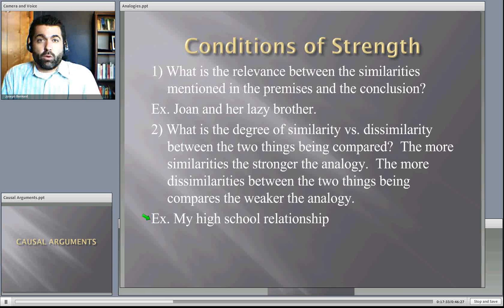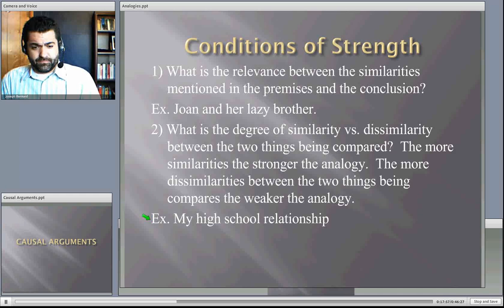I said, well, why can't we treat our relationship the same way? We know it's going to end when we go to college, but we have a few good months to hang out and have fun and interact with each other. Why don't we enjoy that the way we enjoy the flowers, and then when it comes to a natural end, we'll let it come to a natural end. So I made this analogy between our relationship and flowers. And it totally worked. And we stayed together until we went off to college. It was effective, and I get it. But it's not a good analogy for this reason.